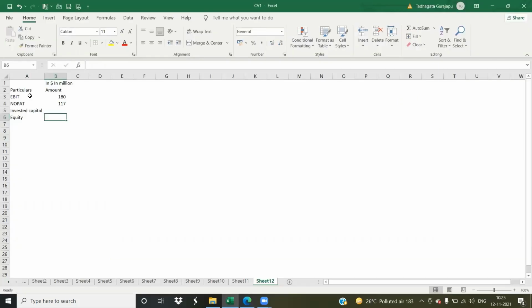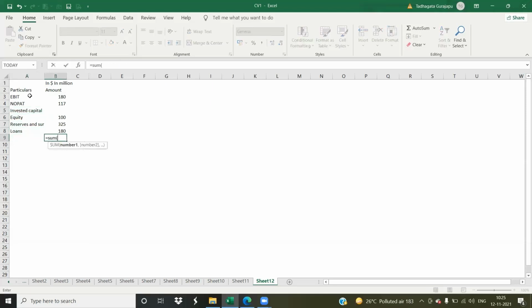Equity, reserves and surplus, loans: 100, 325, 180. Right. So invested capital is equal to